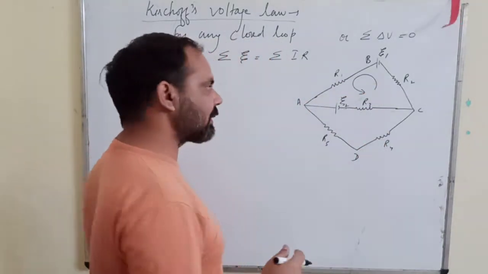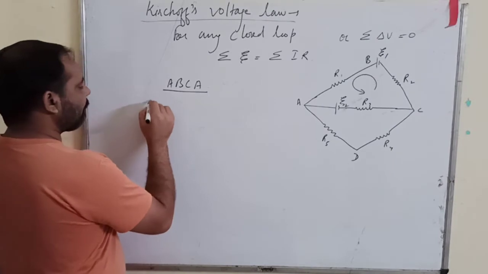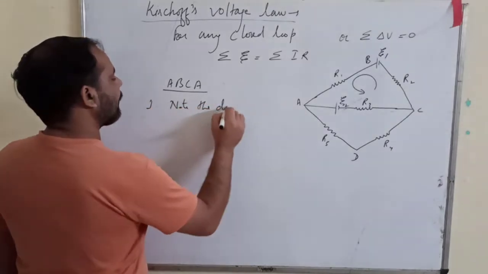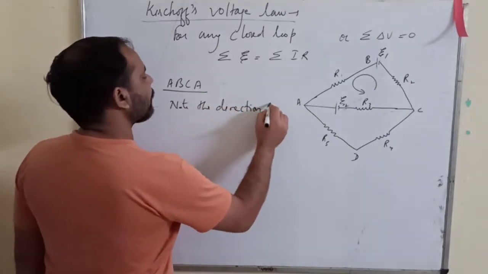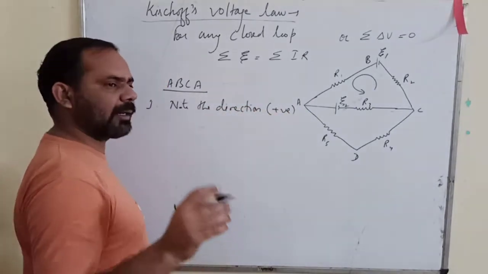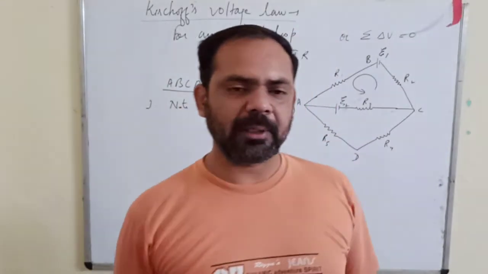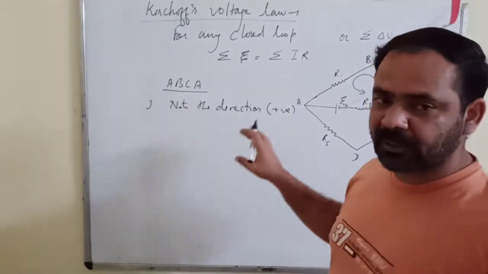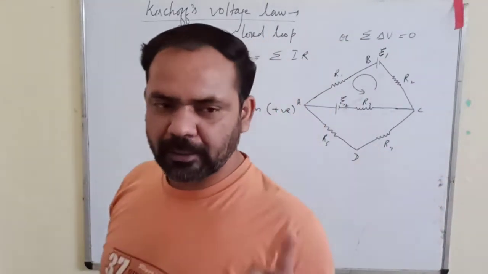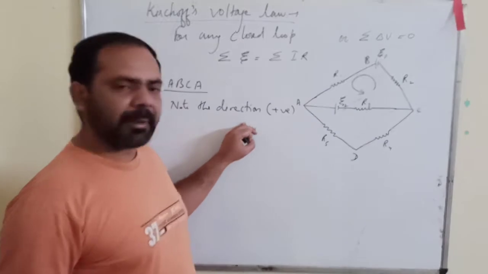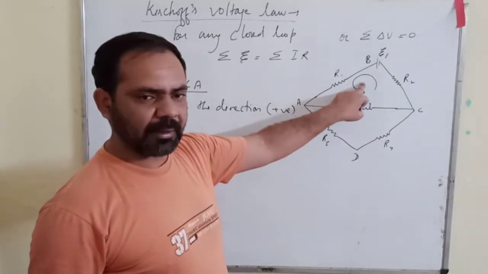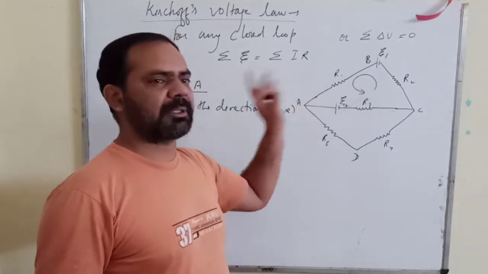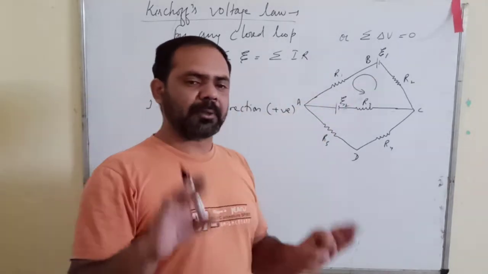So the first step is to note the direction. Note the positive direction; this is your choice. You can take the clockwise direction also as the positive direction. That is your choice. You just identify it. But if you are taking the anti-clockwise direction as the positive direction here, then for any kind of calculation you will always have to take the anti-clockwise direction as the positive direction. Means it has to be unique.